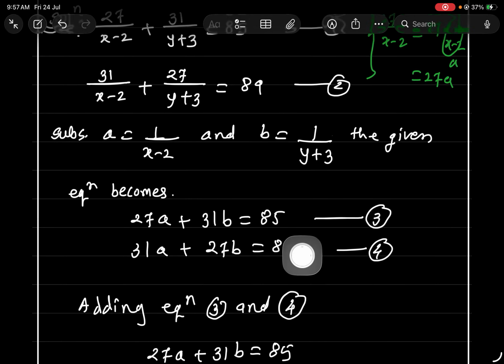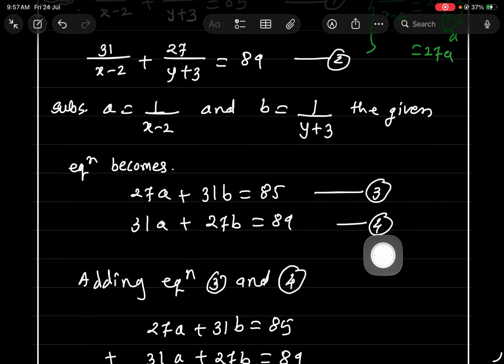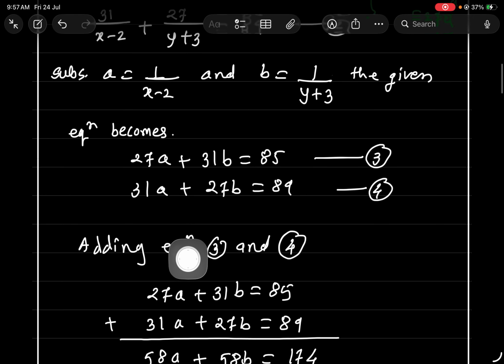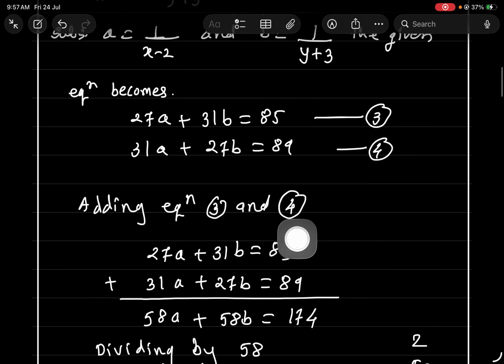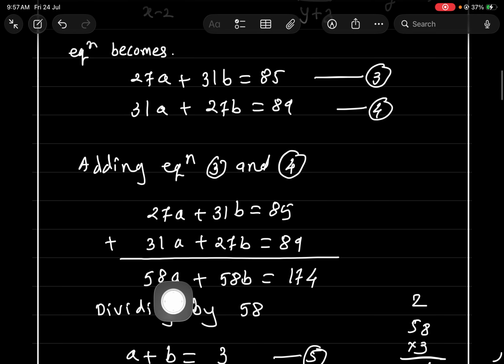Now these two equations you can easily solve because you know how to solve. Now here see, exchanging of the coefficient. So 27a and here 27b, here 31b and 31a, means just the coefficients are exchanged. We also studied this situation in a previous video, check that. Then what we have to do? Very simple, we have to add and subtract. So adding equations 3 and 4, you will get 58a plus 58b equal to